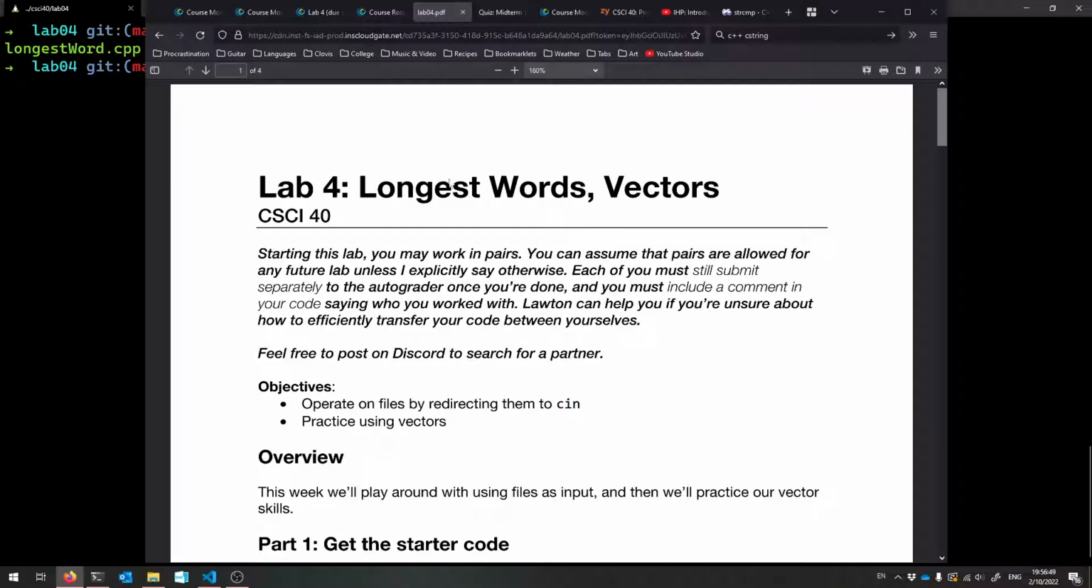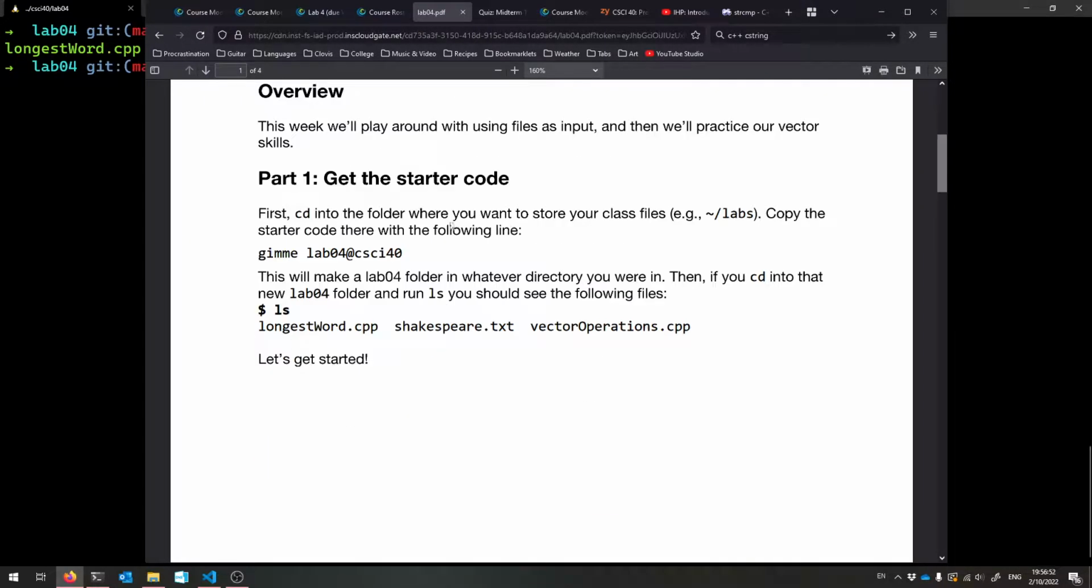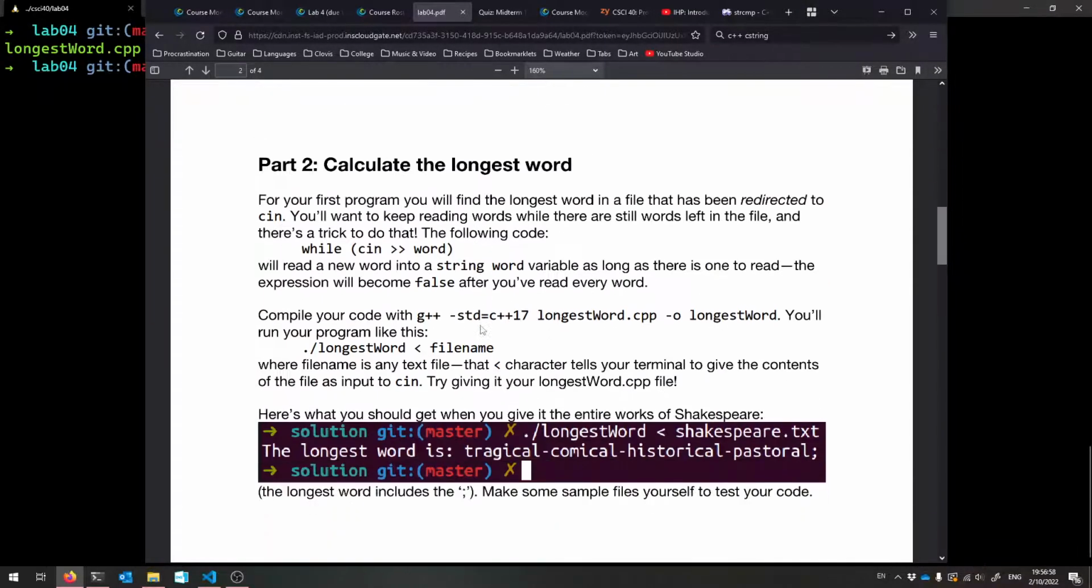All right, so now let's get into the actual lab. This one is about longest words and vectors. So get the code. You're going to have 3 files in that lab04 directory. Let's talk about the first one, calculating the longest word. What you're going to do is read a file, shakespeare.txt, and give that as input to your program. There's a special character, the less than sign on the terminal, to give the contents of a file,